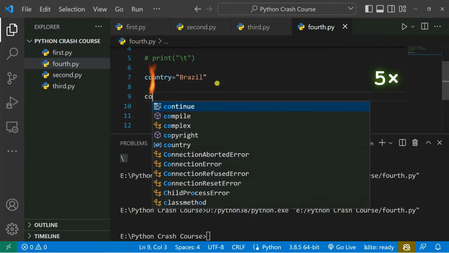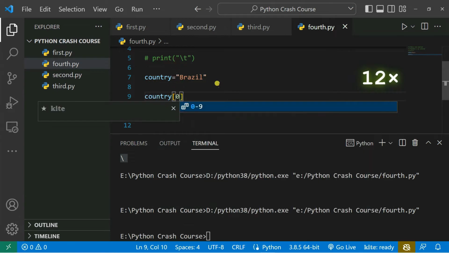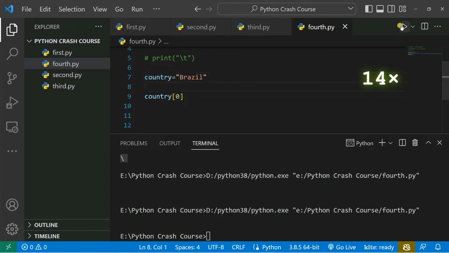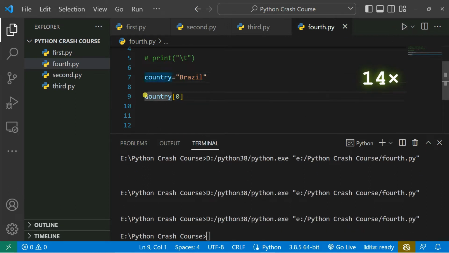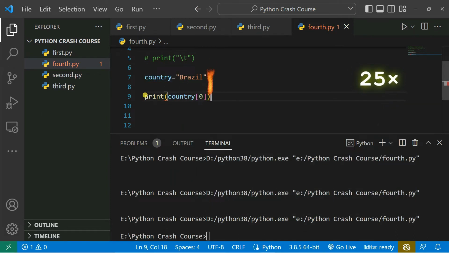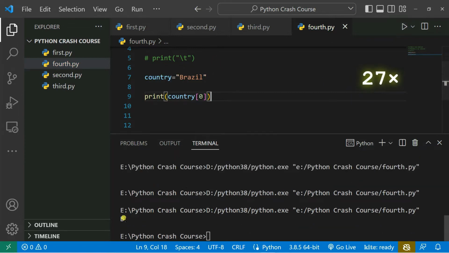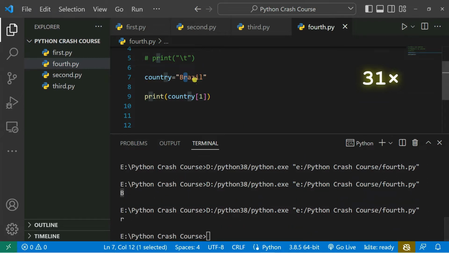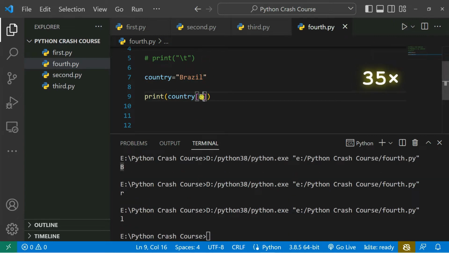If I'm using country with bracket 0, it will initialize index number 0, that is B. If I'm trying to print it out, you can see we don't print it here, so you need to also print it out. Let's say print country 0. So I can get value as B. If I use 1, I can get value as R. Again 2, I get value as A. If I'm trying to use 5, you can see I get value as L. And if I use 6, I got an error